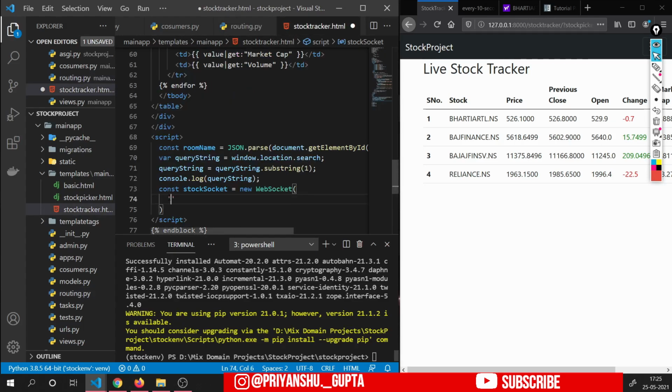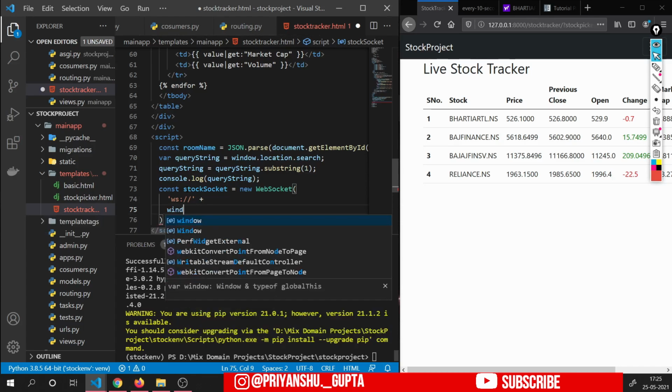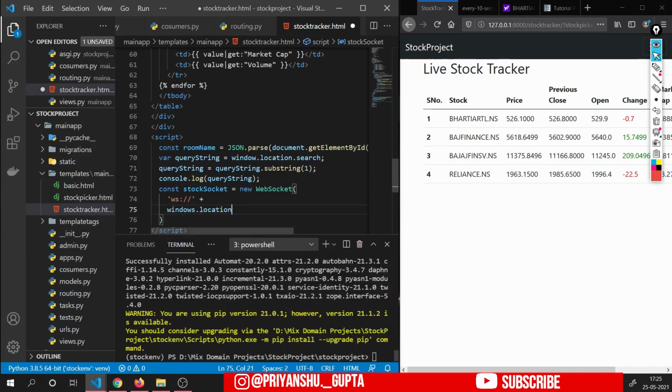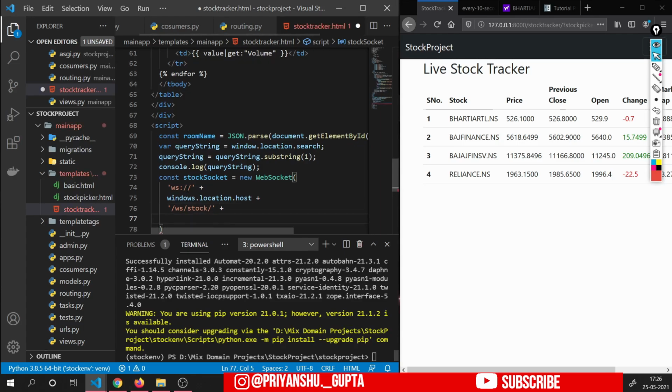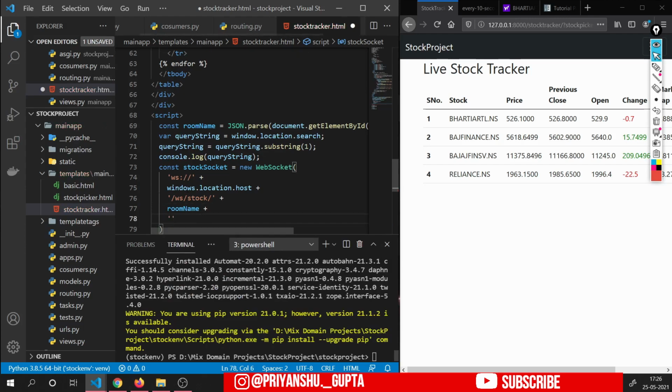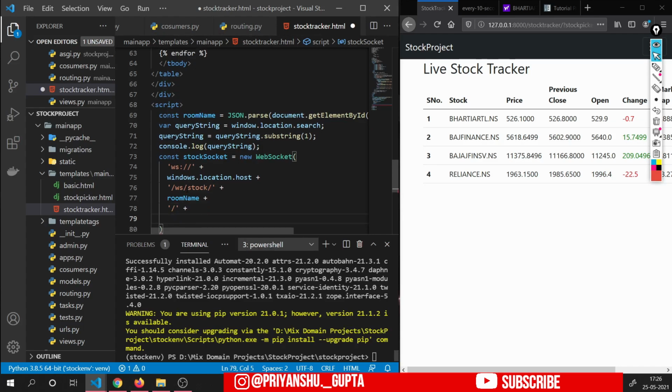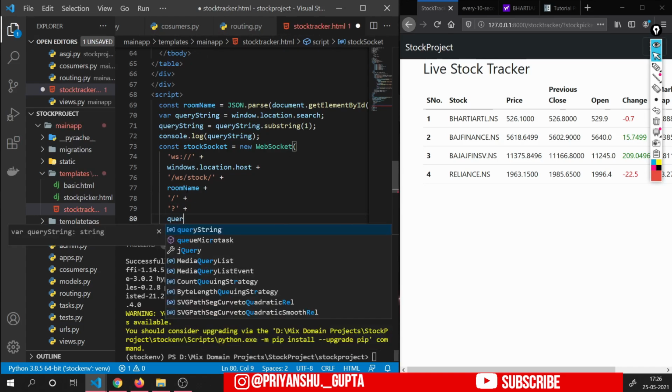So here we will have to mention first the ws, then window.location.host, then slash ws slash stock, room name that we will parse from context data, and then we will again pass all the arguments that we have received from queryString to the WebSocket, right? So here we will pass the queryString.